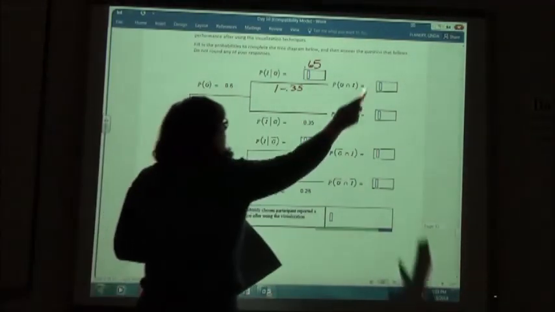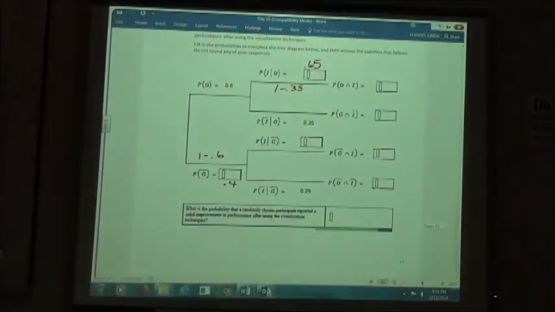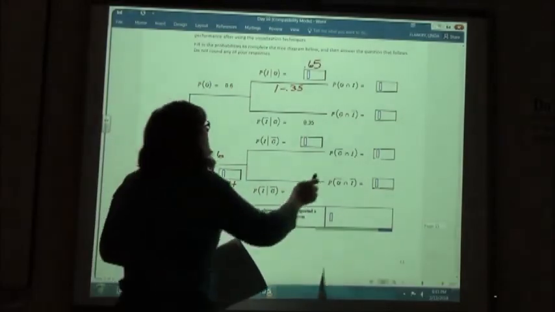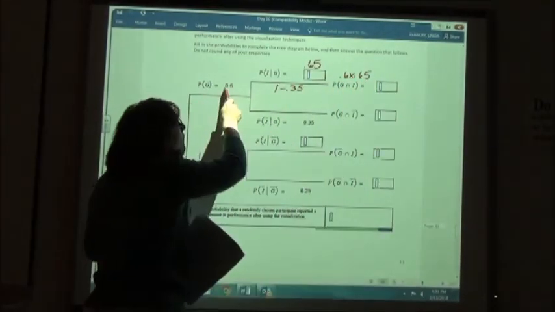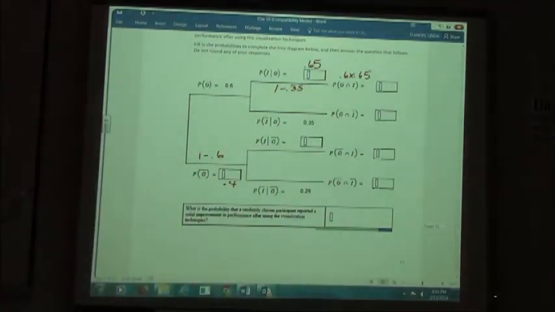So, if I have my golfers and improved, to figure out the percent of my golfers that improved, I would do what times what? 0.6 times 0.65. Exactly. 0.6 were golfers, 0.65 improved, so if I take my 0.6 times my 0.65, I get